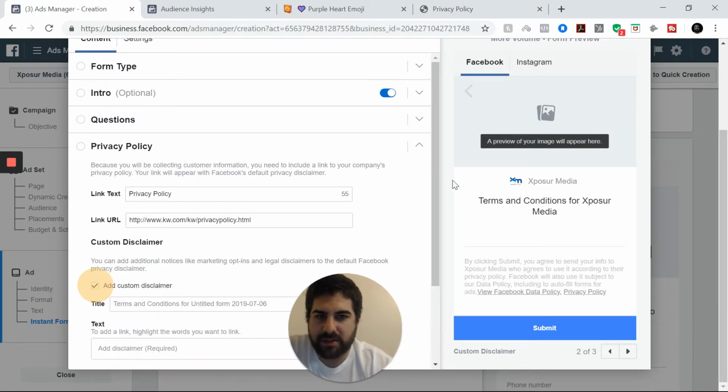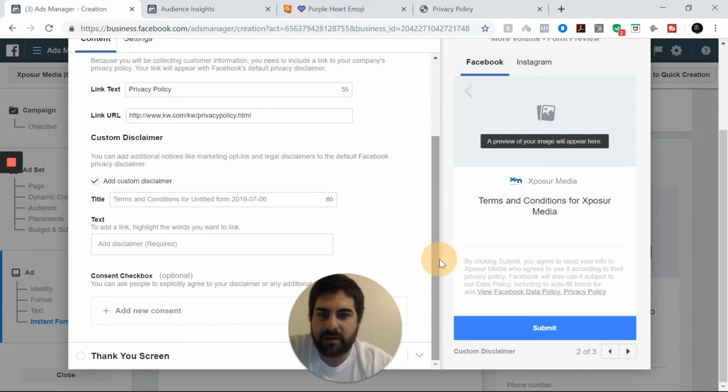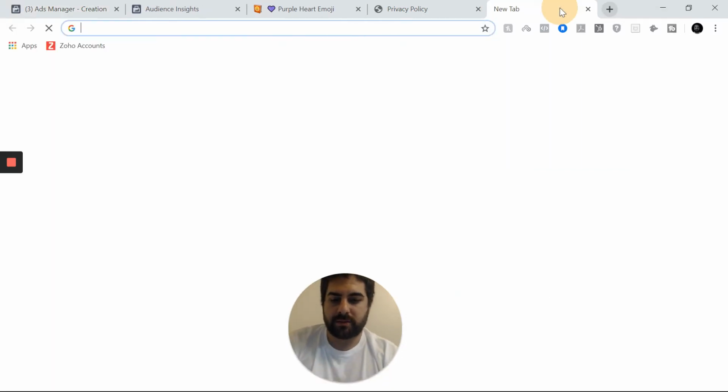Here's where you could add a custom disclaimer. If you're doing anything based on credit, say for instance you're running ads for car dealerships like I do, here's where you would need to put a custom disclaimer. Now, if your client doesn't have a custom disclaimer on their website about credit, you can come to